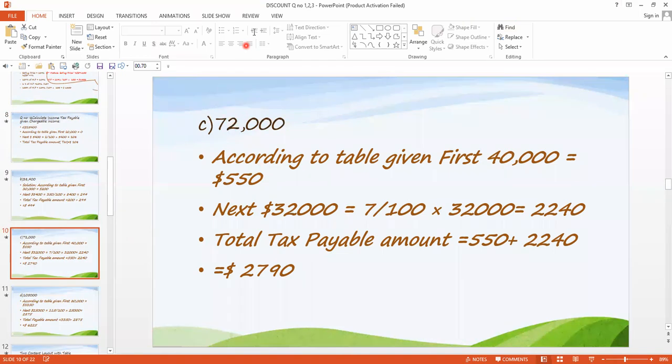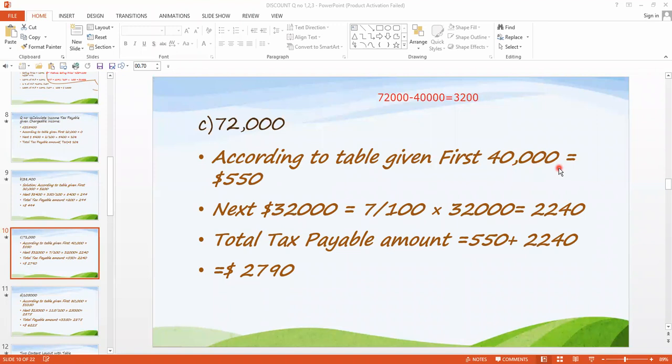Look here. 72,000. Then you have to subtract how much money? Look here, you have to subtract this 40,000. So it's equal to 32,000. Is it clear? So if the total amount is 72,000,